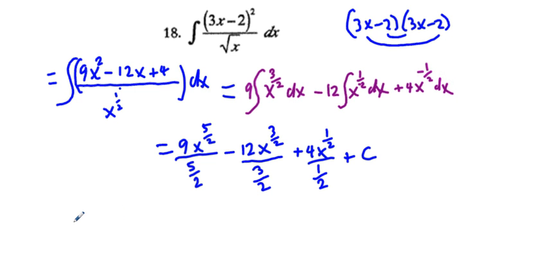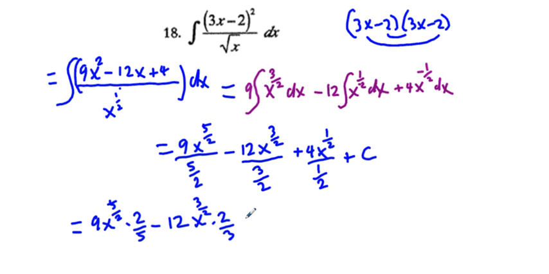Now, I'm going to try to wrap this up down here below. We're going to have 9 x to the 5 halves, and dividing by 5 over 2 is the same as multiplying by 2 over 5, minus 12 x to the 3 halves, and instead of dividing by 3 over 2, we're going to multiply by 2 over 3,